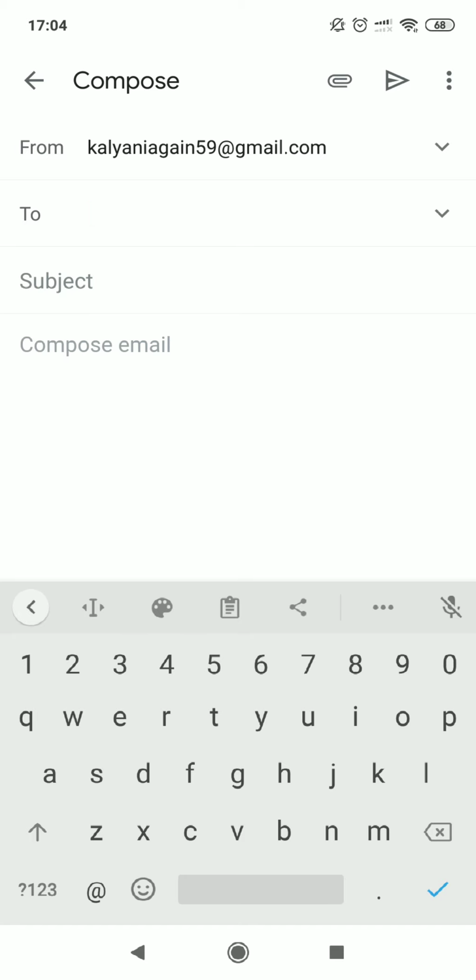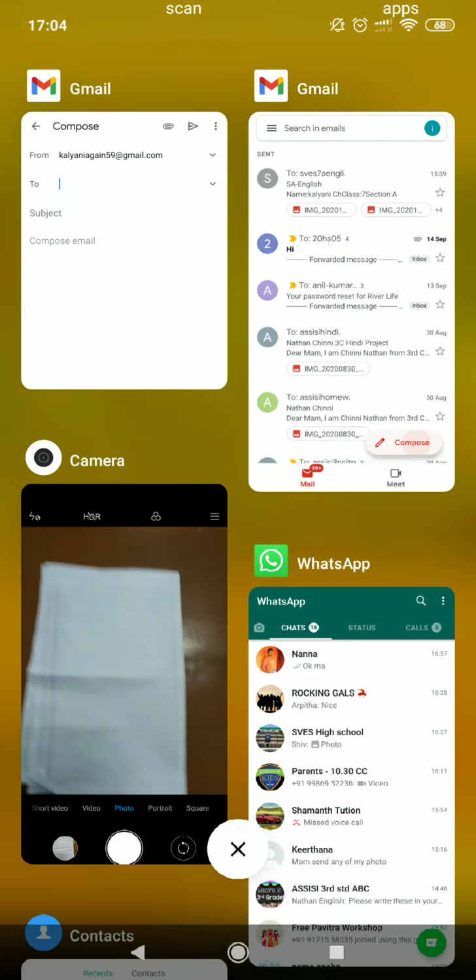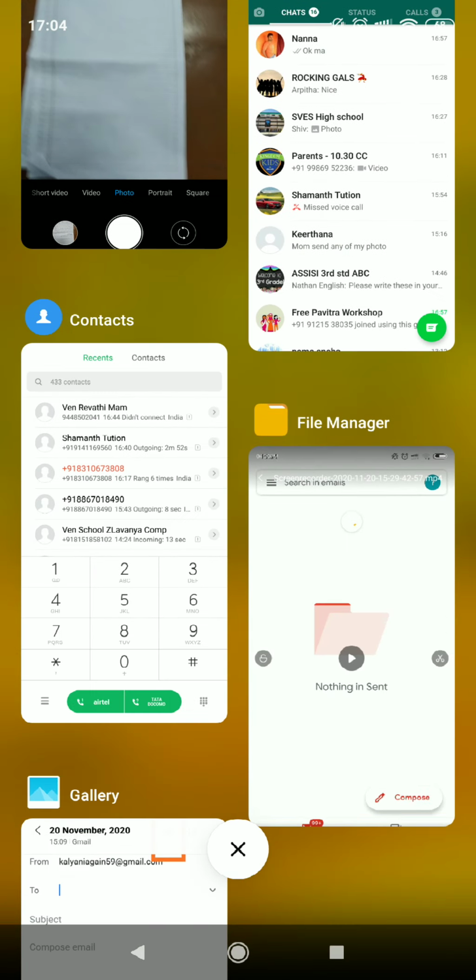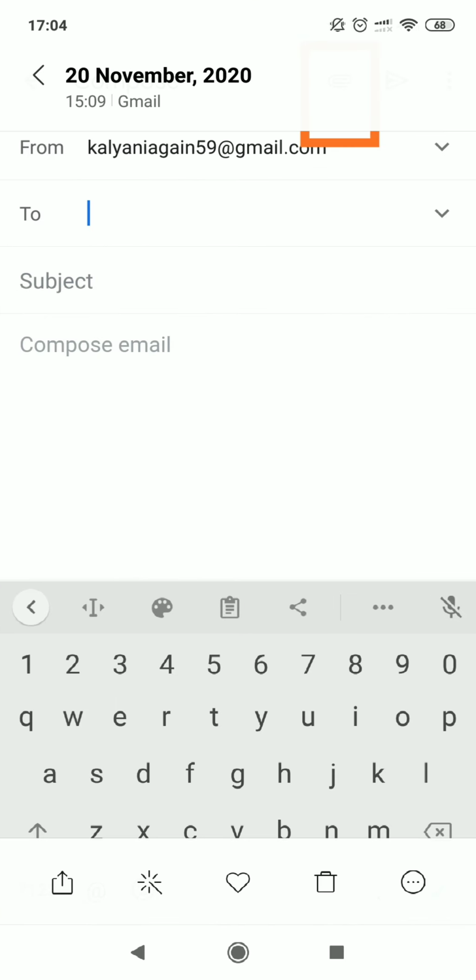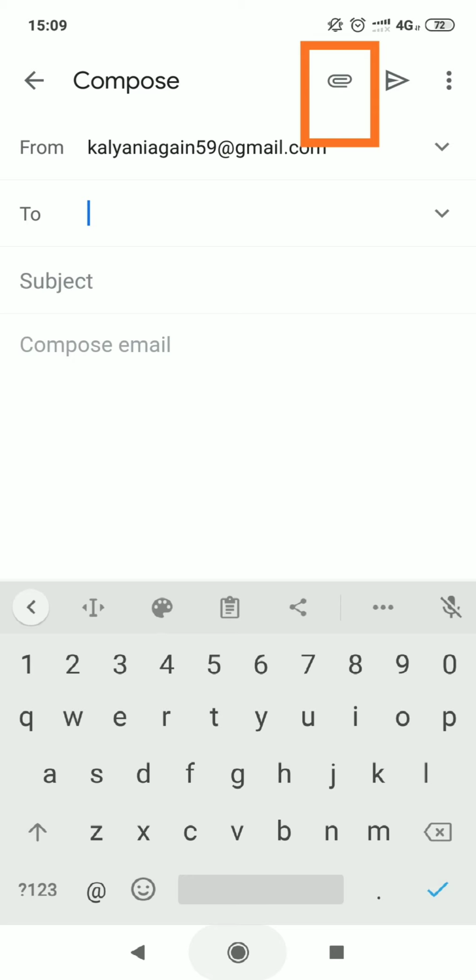Now here, if you observe at the right top, there are two options called attachment and send. I want to explain those two options. You can see something highlighted in orange color; we call it the attachment option.